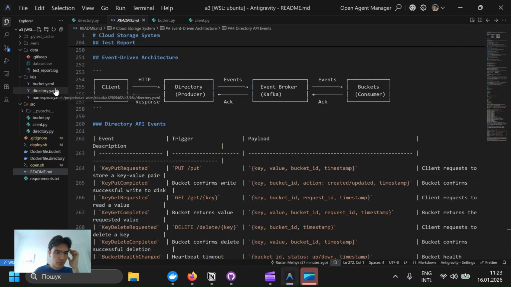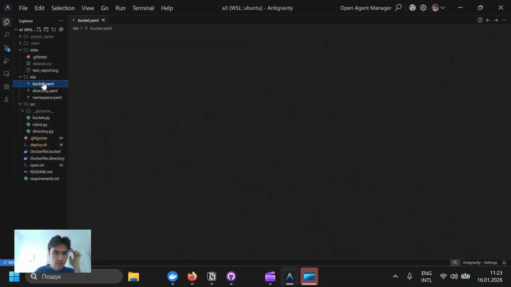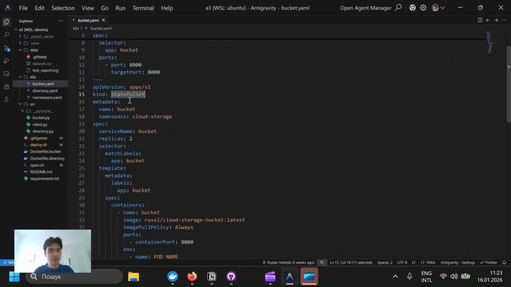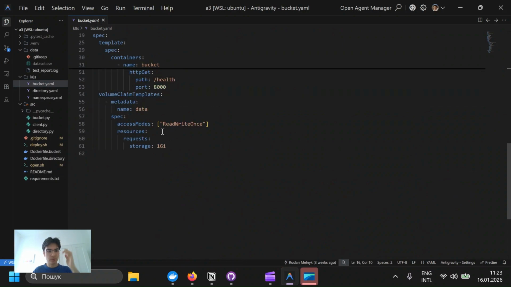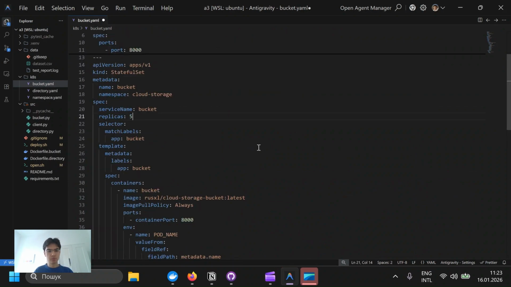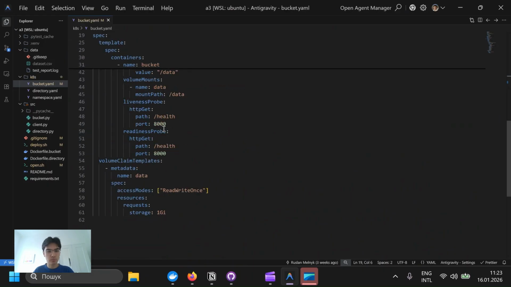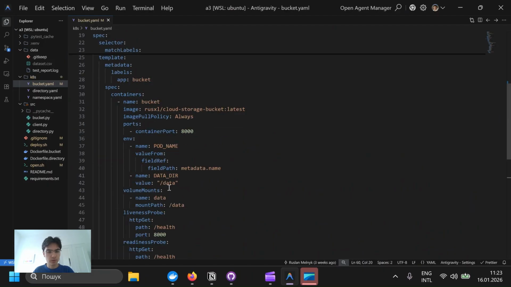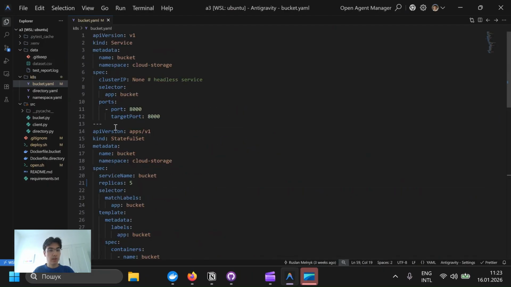Also, some more interesting decisions can be found in this Kubernetes. So bucket is basically a stateful set. It's a perfect candidate for a stateful set, because we need to have some number of replicas, for example, 5, and all of which should have a durable volume storage. And also